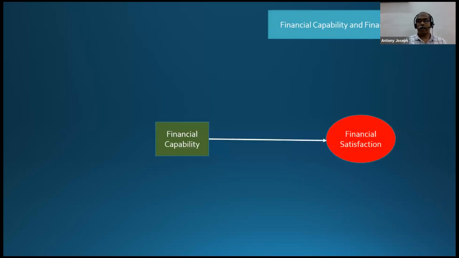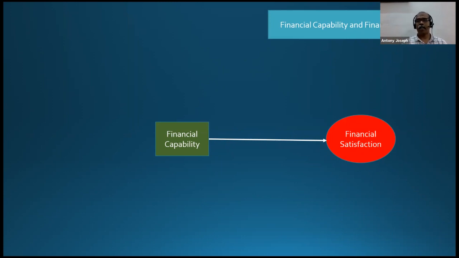Okay, the main component of our study is financial capability. Now the issue is the second aspect, that is financial satisfaction. This is the basic relationship my student and I are expecting.